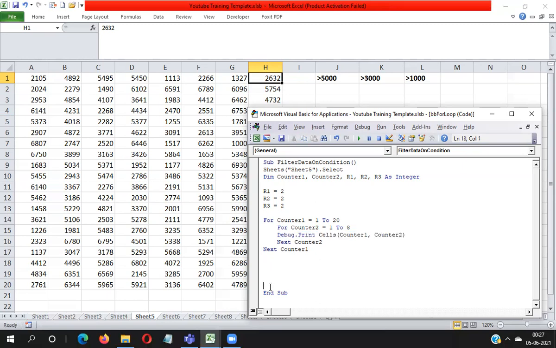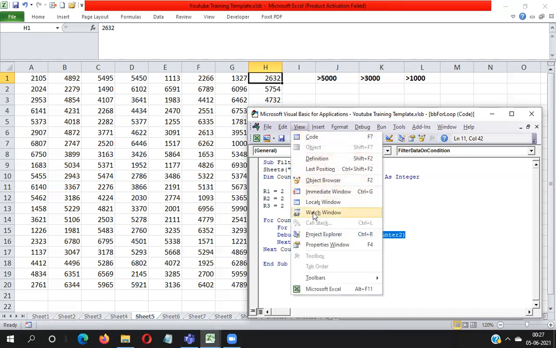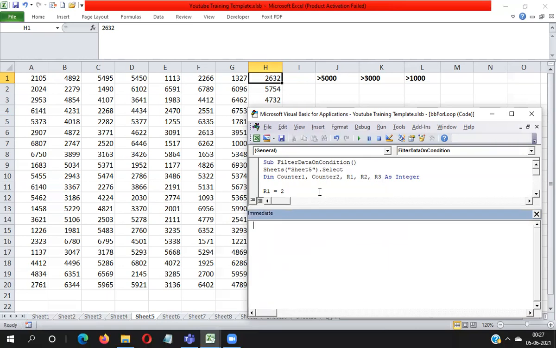If you have applied the Debug.Print, then whatever value you will get printed through this cell reference, you will get into the immediate window. So you have to go to View and go to Immediate Window, and then you can see the value. Without the immediate window you cannot see the value.